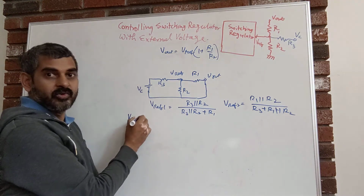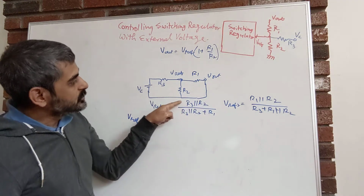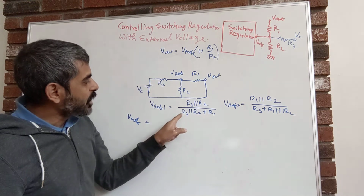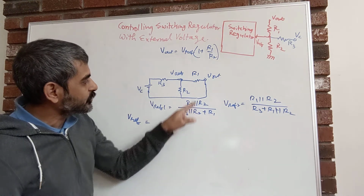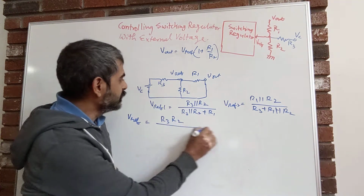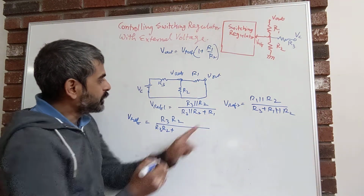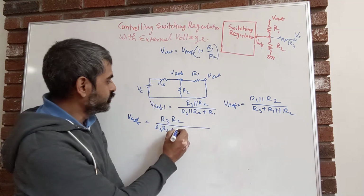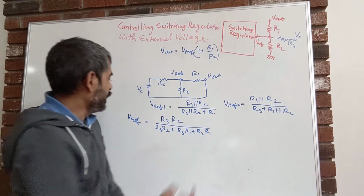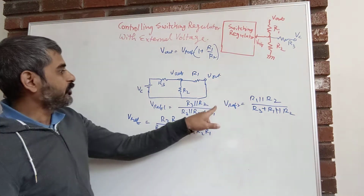So we can find Vref is equal to this plus this, and if you simplify this, you will see this is R3 into R2 divided by R3 plus R2. On the bottom side also R3 into R2 divided by R3 plus R2, and if you cancel this, I will directly write the result: R3 R2 divided by R3 R2 plus R1 R3 plus R1 R2. In the same way we can write this one, and this time I forgot to write